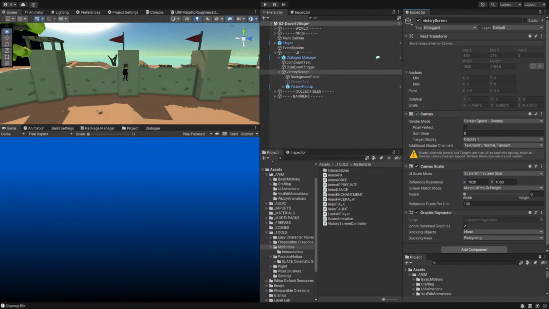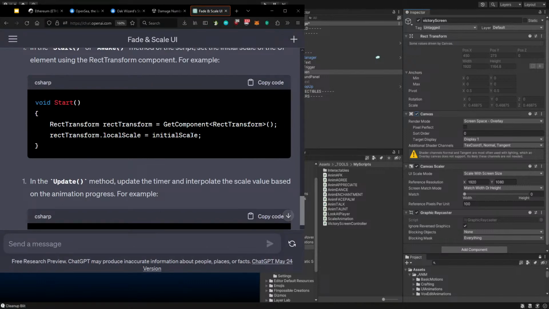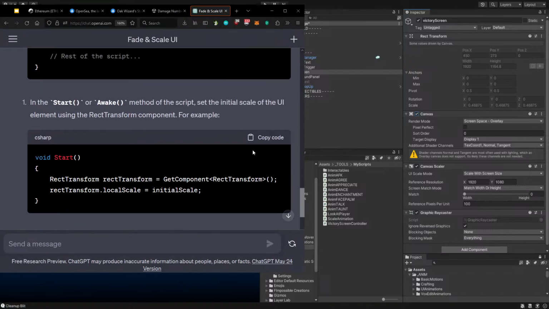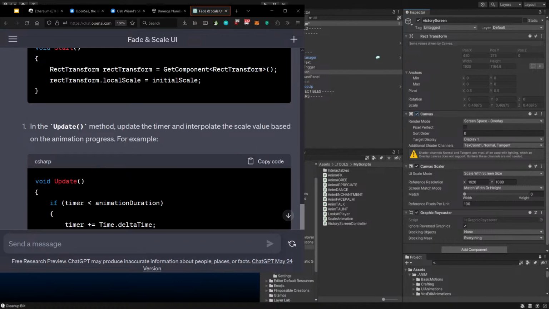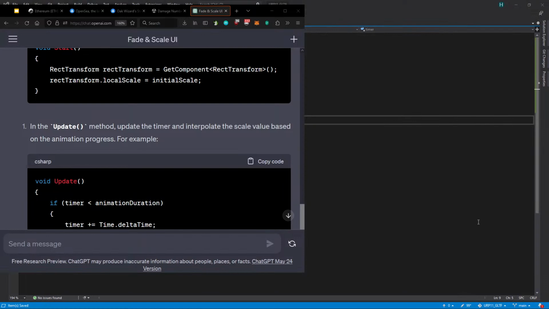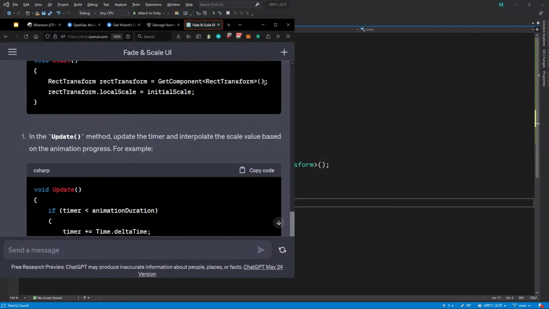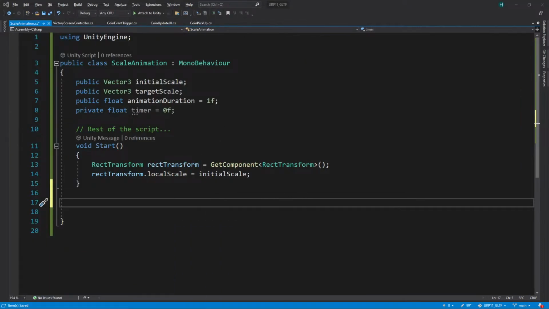Okay. Try it one step at a time here. So we'll copy this code. So just trying to understand it as I'm copying it in. We have the rect transform and the variable. So it's getting the component rect transform, and it's saying this is the initial scale. Okay. So you guys can't really see what I'm doing here. And then,